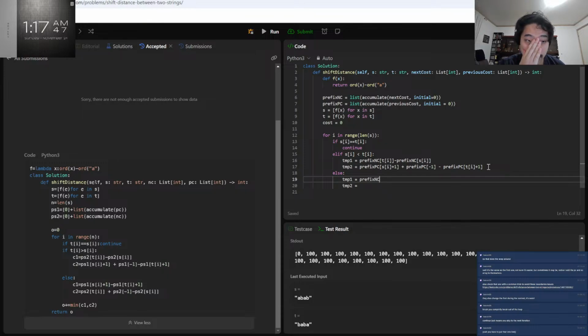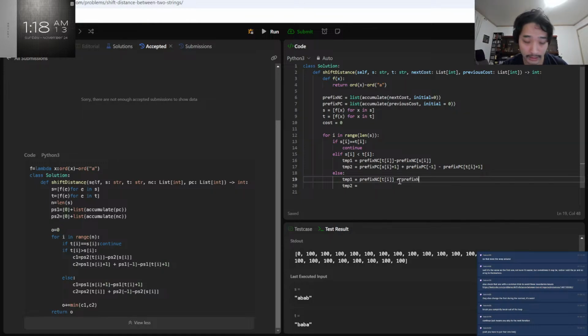NC is next cast, yeah. So I take this of T of I. What? T of I. So it's essentially the reverse of the first one,